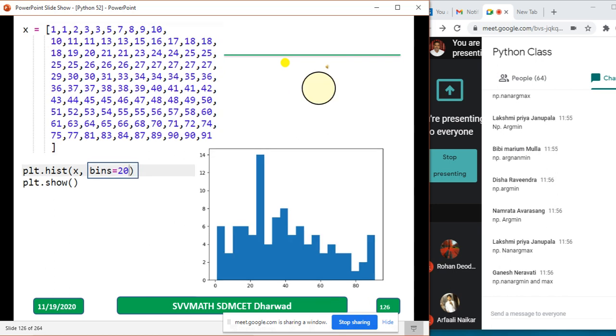Observe here. I have made bins equal to 20 now. Observe the histogram. Now I'll go back and show you the 10. It is a 20. It is a 10. It is a 20. Now I'll give you 30 seconds to go through the